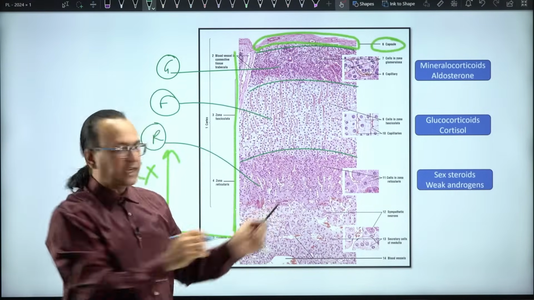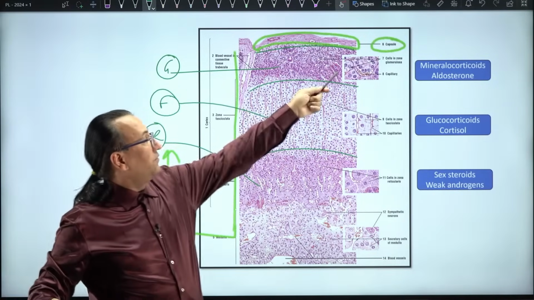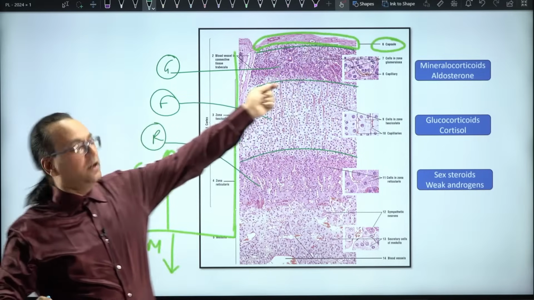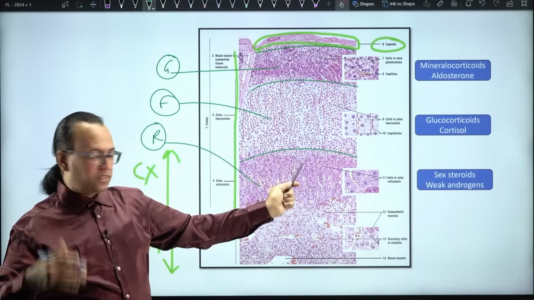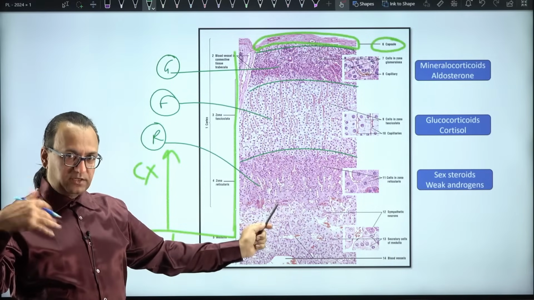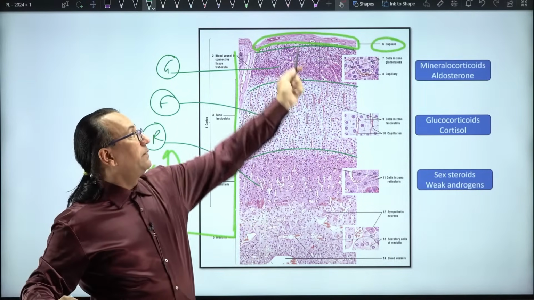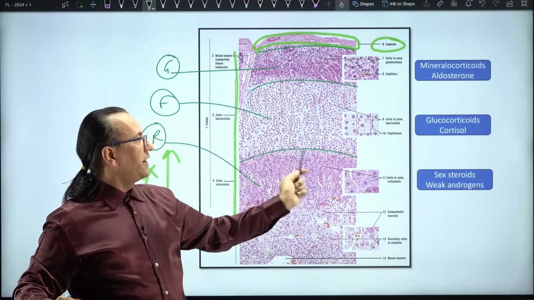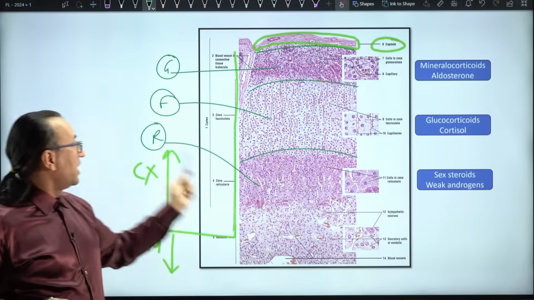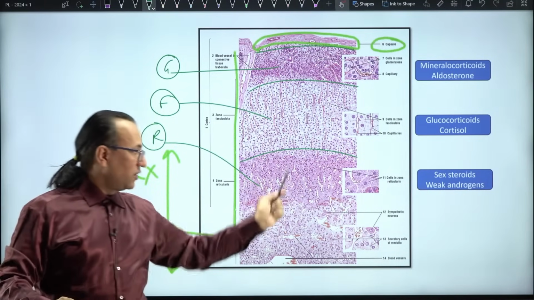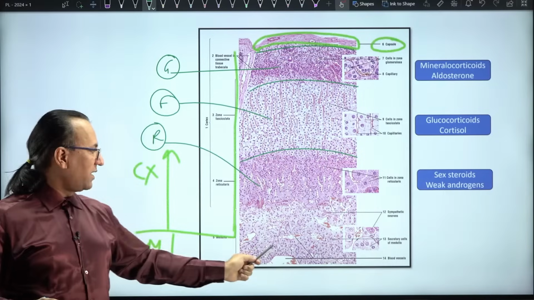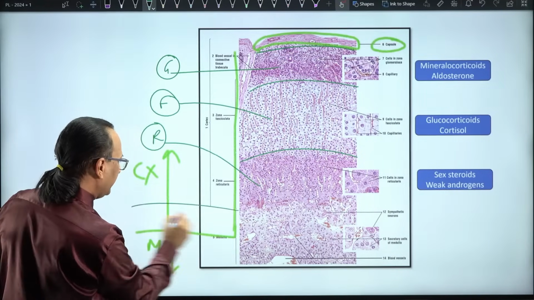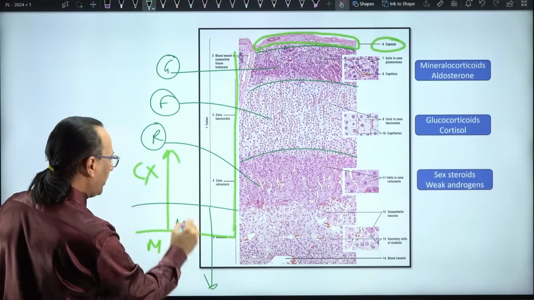How do you differentiate the three layers? You will see that the very first layer under the capsule is darker, then there is a lighter layer, and then again there is a darker layer. So alternate bands you can see. Under the capsule you have a darker area, then lighter area, then darker area. This is GFR, that is the cortex, and again you will find there is a lighter area, that is the medulla. Now, once you have identified the region below which we have the medulla, and that is the cortex,